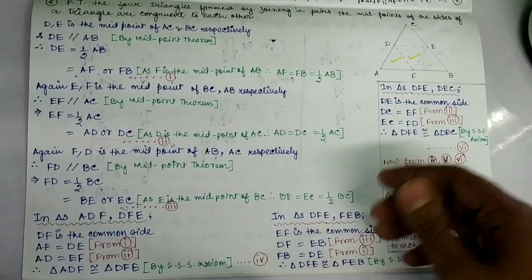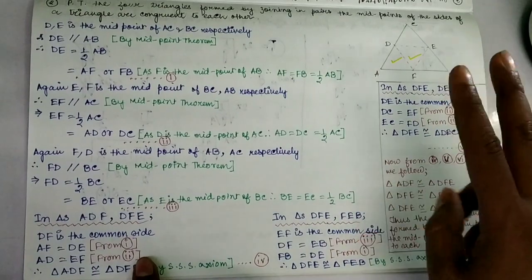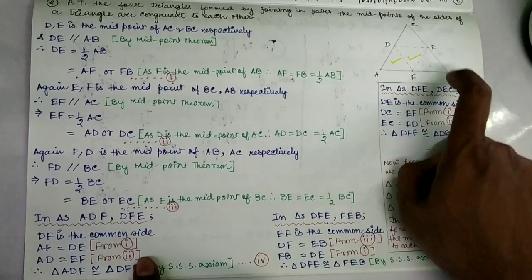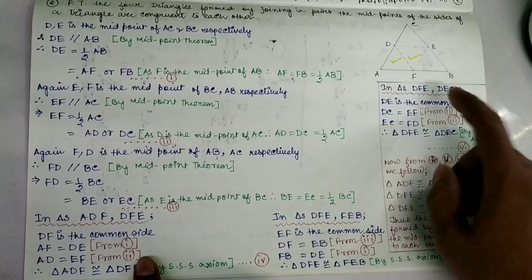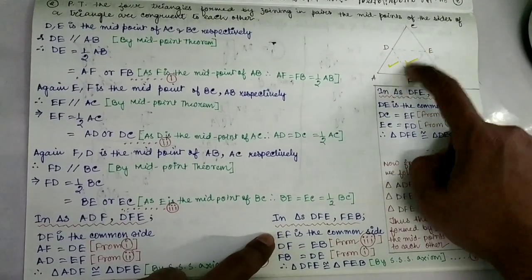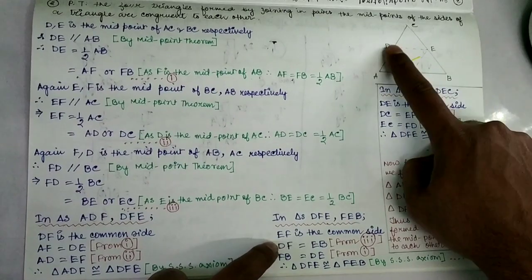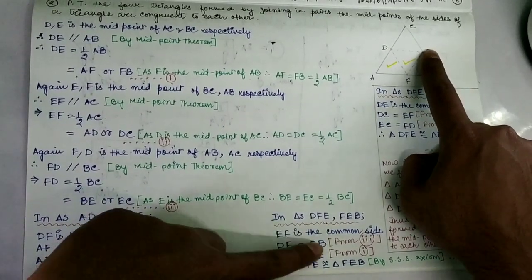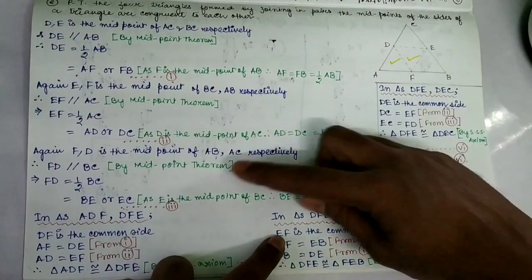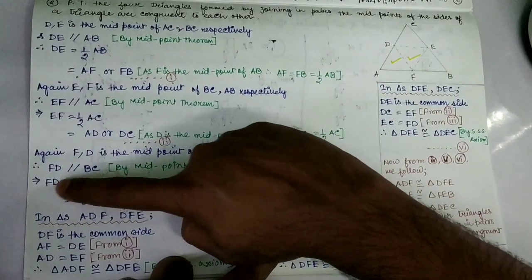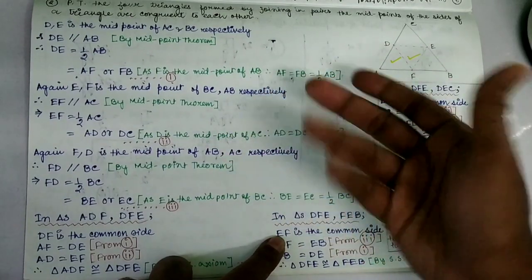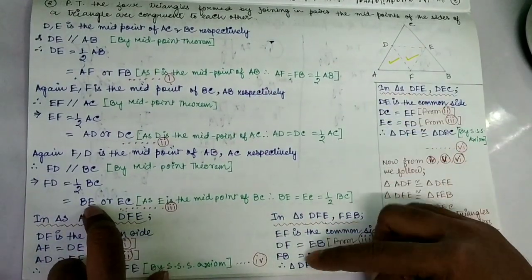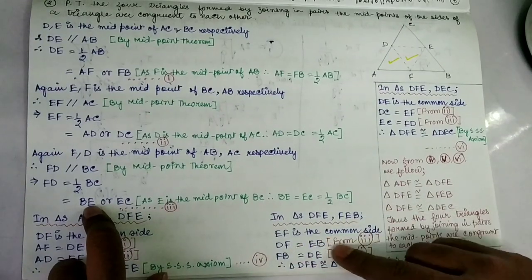Okay guys, next. Now next, again we have considered two different triangles, triangle DFE and triangle EFB. Again all of you see that EF is the common side. Now this line DF will be equal to EB, and from where have we got that? From 3. From 3 we have previously proved that FD was equal to BE. Now all of you know that DF and FD are both the same. So we have written here that DF equals EB.